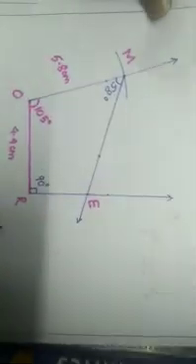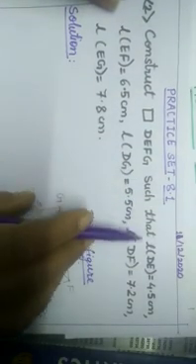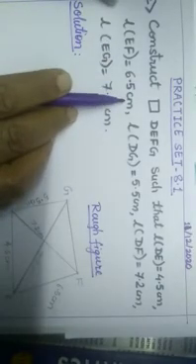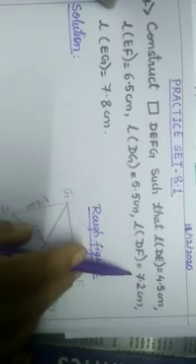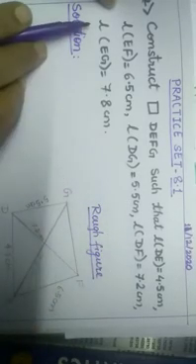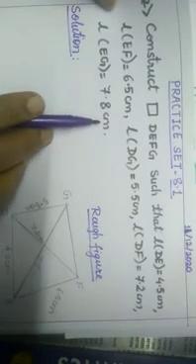Today is 11th December 2020 and we have started chapter 8, practice set 8.1. In the previous part we constructed question number 1 of practice set 8.1 in this way. Now, children, we will start the second question: construct quadrilateral DEFG such that length DE is 4.5 centimeter, length EF is 6.5 centimeter, length DG is 5.5 centimeter, length DF is 7.2 centimeter, and also length EG is given as 7.8 centimeter.